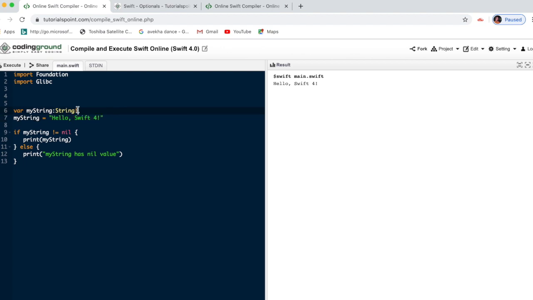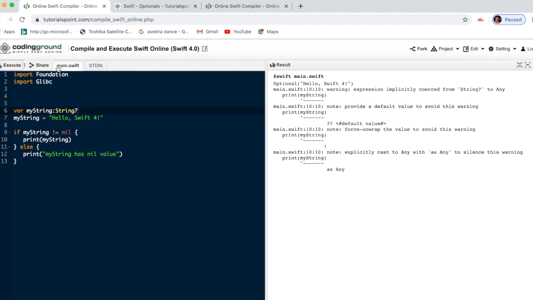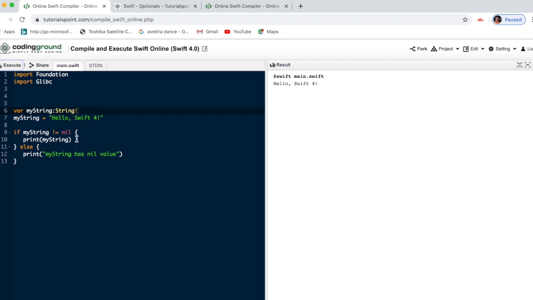If we give a question mark, that is optional, it gives the output like this way, like optional. That means it can be either. So to get the output, these are two different ways to write it.